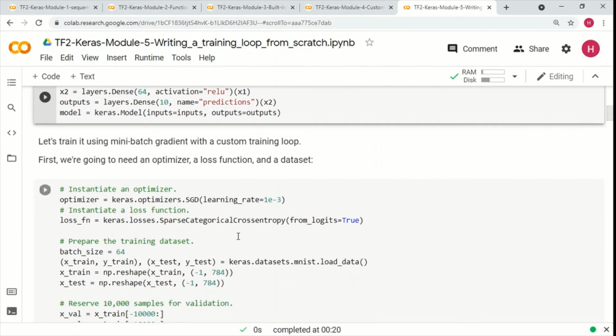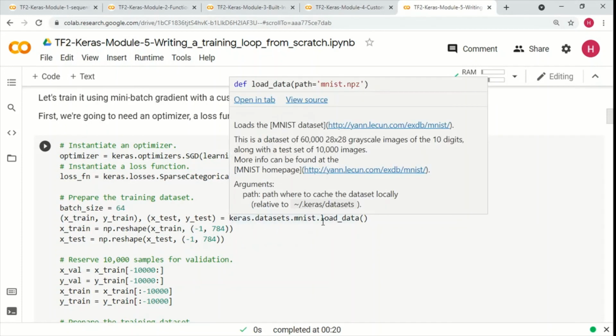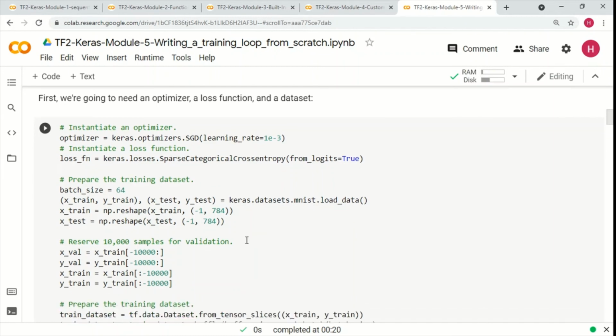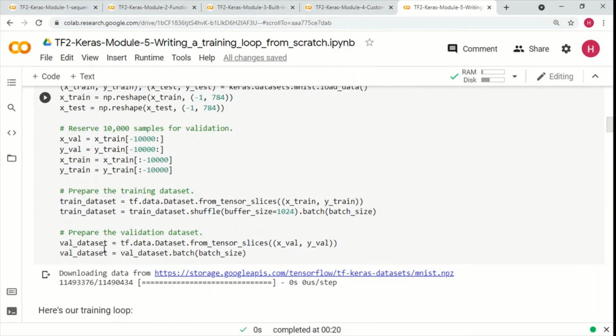Okay, so we define our optimizer and the loss function here. We define the batch size, and then we get the data from the MNIST dataset. We are doing the reshaping and the splitting here, and then we are preparing the data.